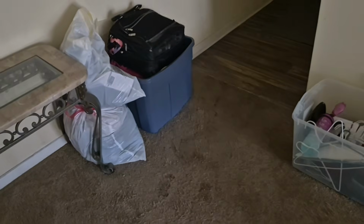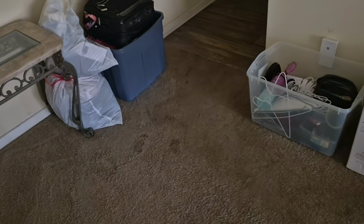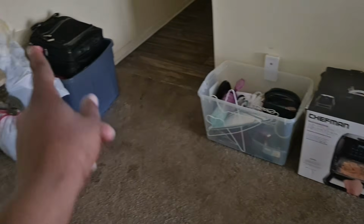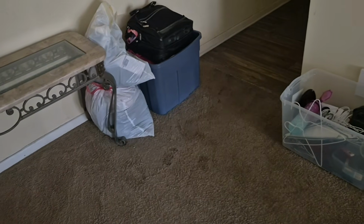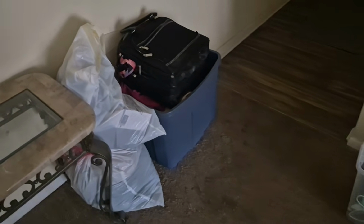All right, y'all, we are back. It is days and days later, but in between working, taking care of family, and doing all the things, I have been decluttering. So this is everything that needs to go to the Goodwill. I also have a trash bag in the bedroom that's half full with clothes, so I can empty that bag to keep my trash bag and add the clothes to this bag right here, since it's not that full. It's just random stuff, y'all, from like clothes,